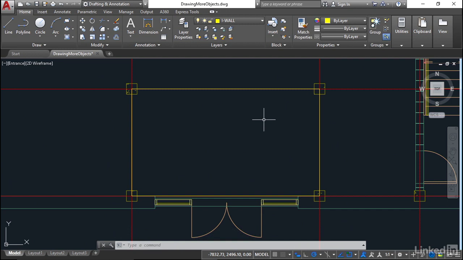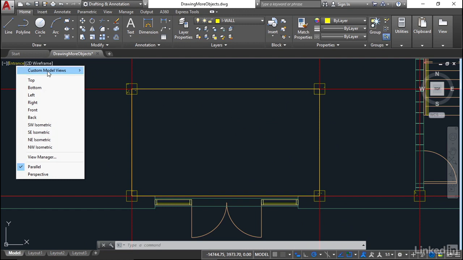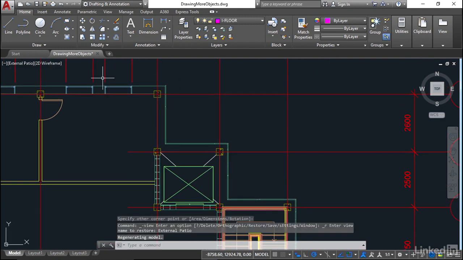of our project. Now, the other thing that we're going to look at is polygons in this particular video. So let's go back to our named views again here. So I've got entrance at the moment. I click on the word entrance, go to custom model views, and I'm going to go to external patio like so. Now that takes me to the top right view and we're just outside the building where the grid lines